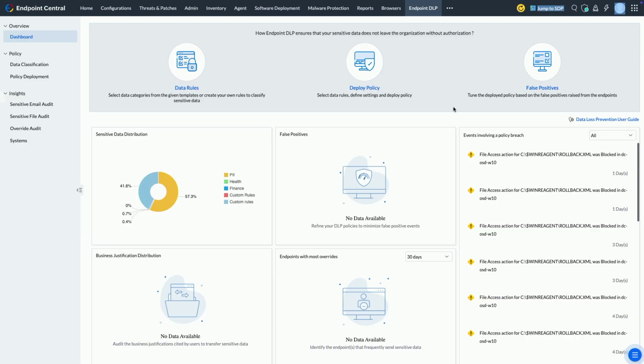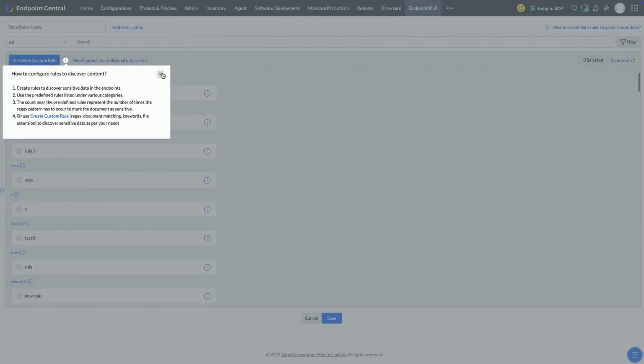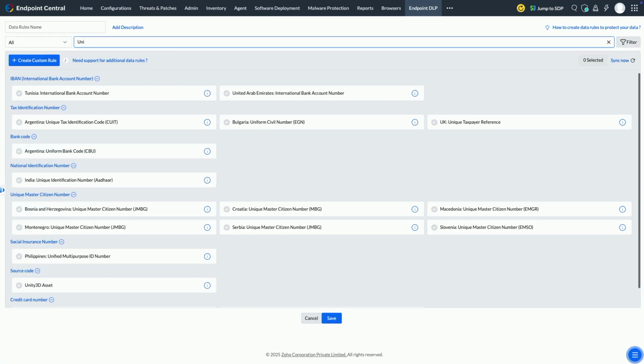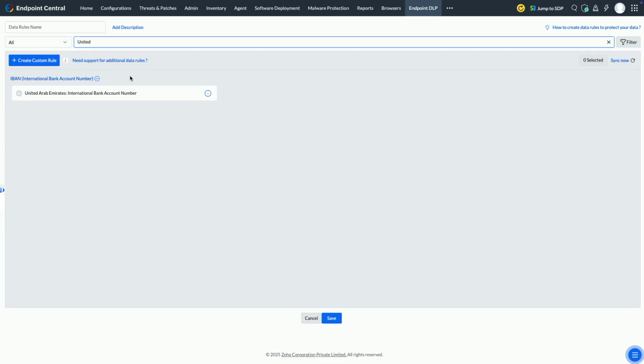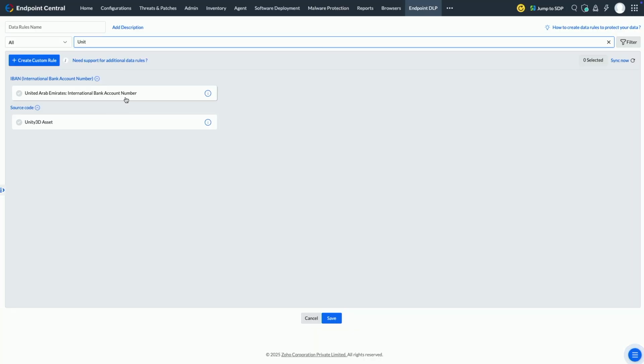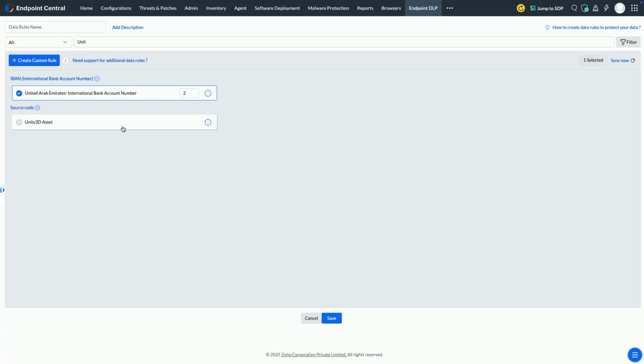Now here we have policies where we talk about creating a clear classification on what is sensitive data. Now let's imagine right here, I'm going to create a policy for the United States. So the moment I say United States, here we go. It's United Arab Emirates. Okay. So I'm just going to click configure what is sensitive data here.